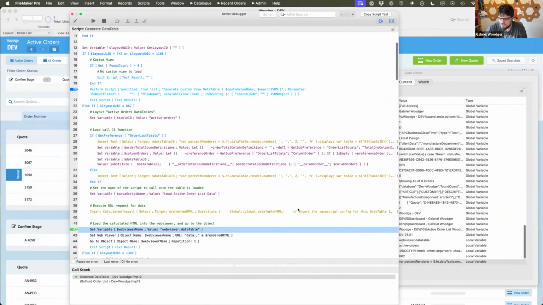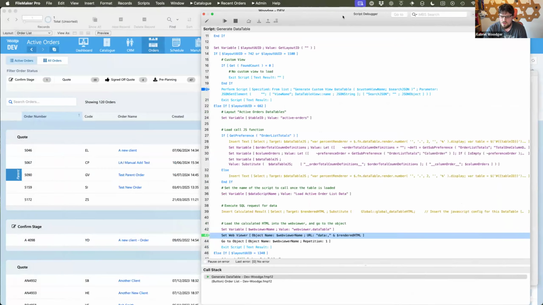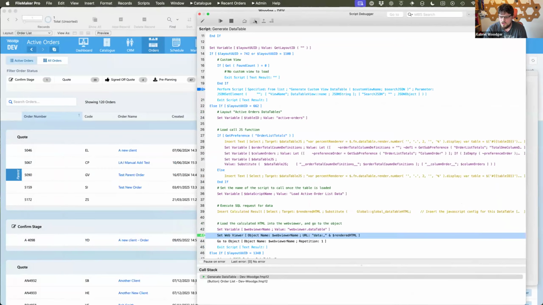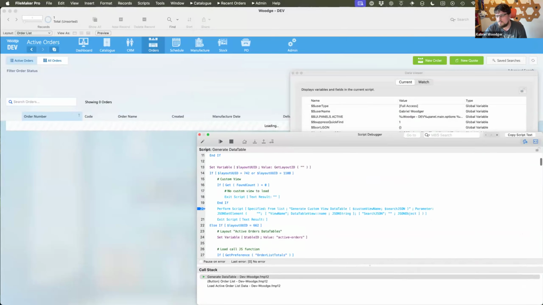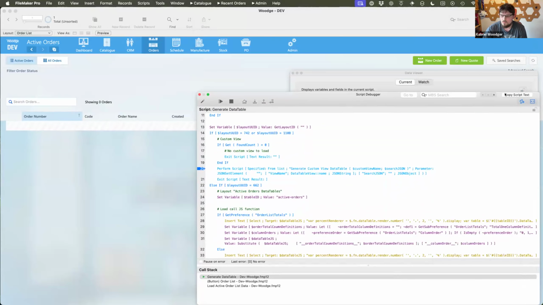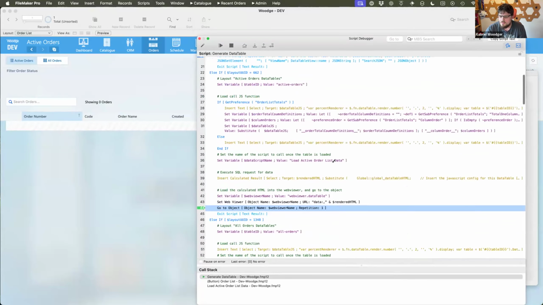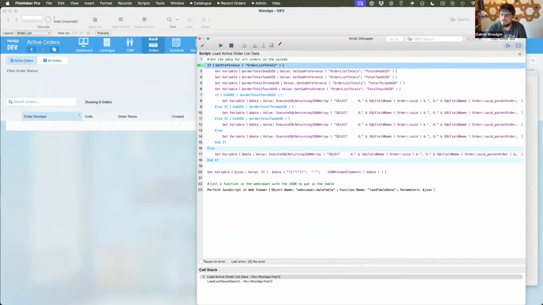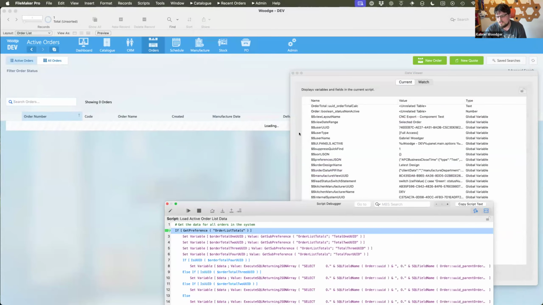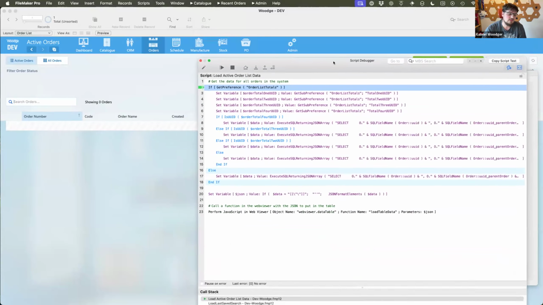That gets rendered into a global variable with the HTML that's required, and that will load an empty table. So we've configured it, told it how we want these columns to appear, what their names and orders are, and from here the web viewer itself will self-kick. We're in a loading state, and we've got a nice little animation to say these orders are loading.